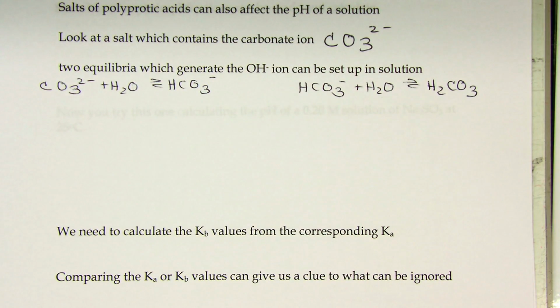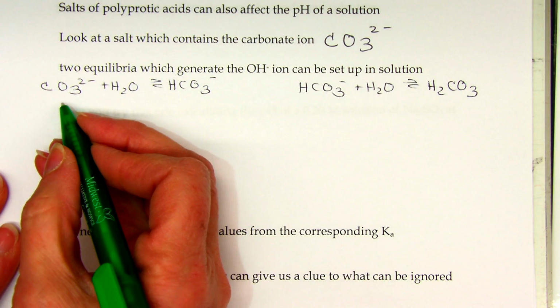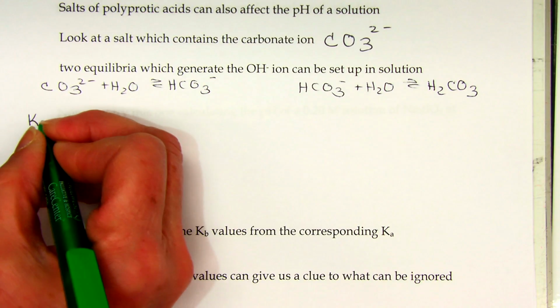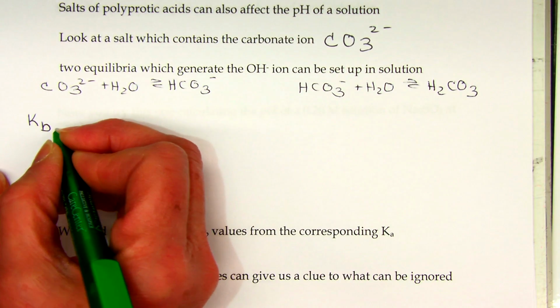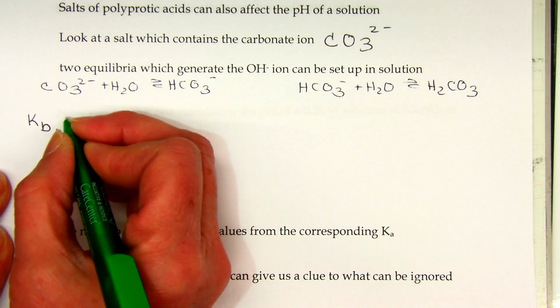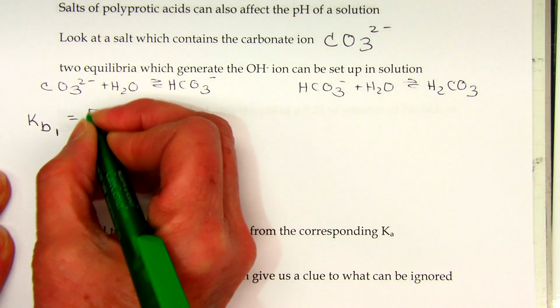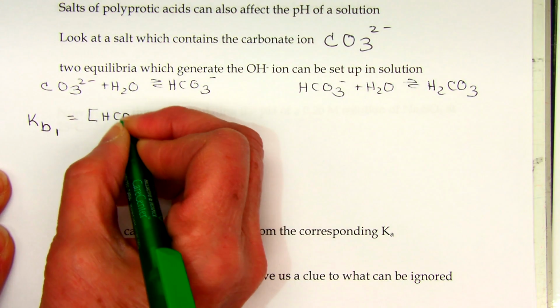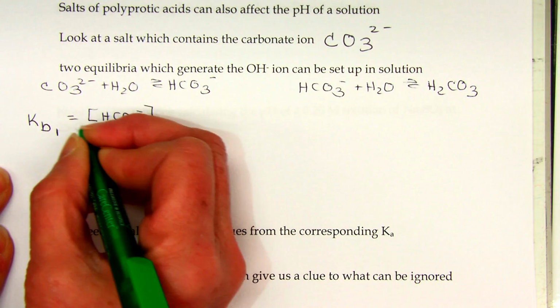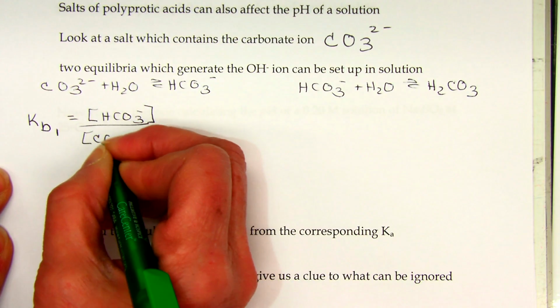So when we look at this, we say, okay, this -2 ion, the carbonate ion, has this Kb value. This is Kb1 because it is equal to the hydrogen carbonate ion divided by the carbonate ion